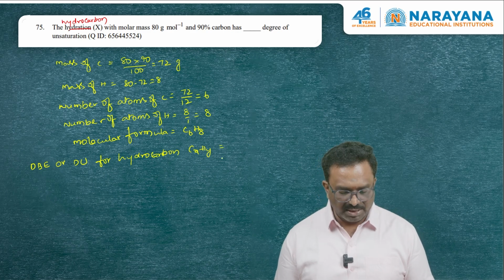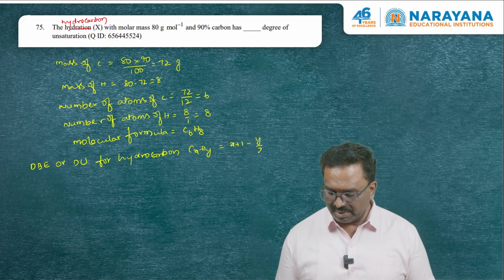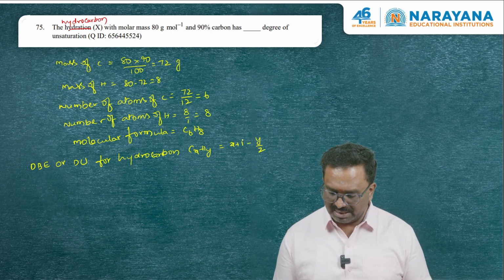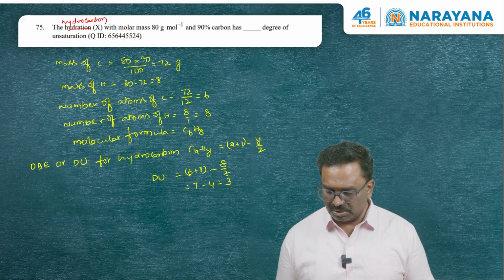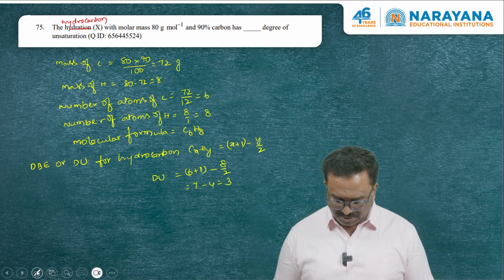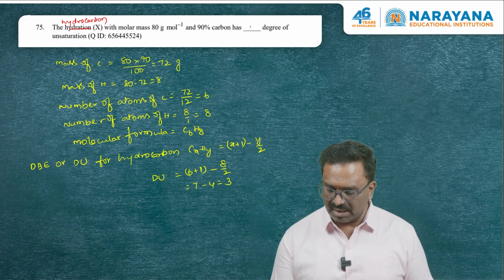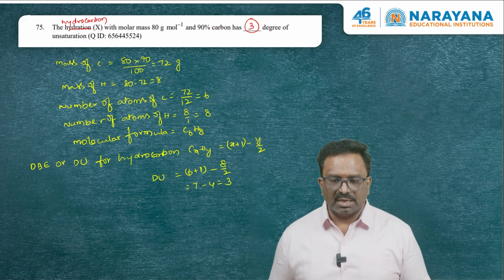Now for this one you can write it as x plus 1 minus y by 2 is the degree of unsaturation. So what is the degree of unsaturation for this one is 6 plus 1 minus 8 by 2. So 3 is the degree of unsaturation for this given compound. Answer here is